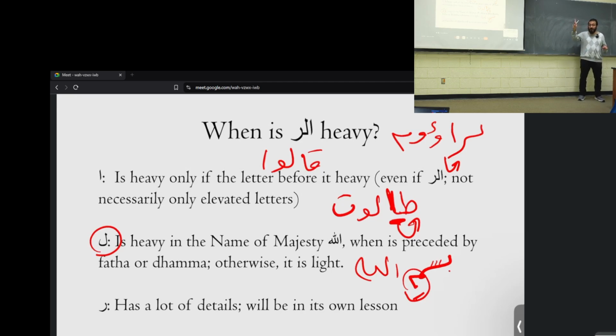So we finished two properties only today. Does sound flow? Yes, soft. No, shiddah. In between, in between. Is something heavy? Back of tongue goes up. Is it not heavy? Back of tongue does not go up. That's it. That's the whole lesson today.